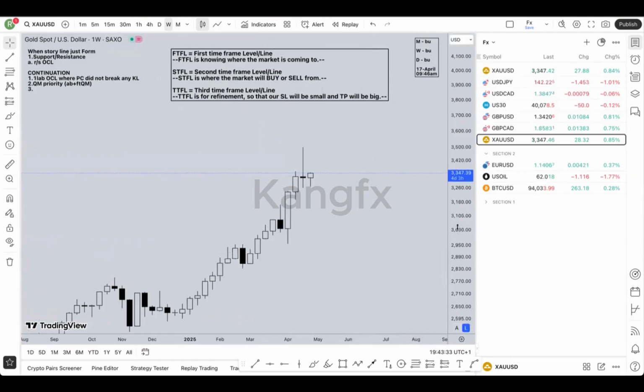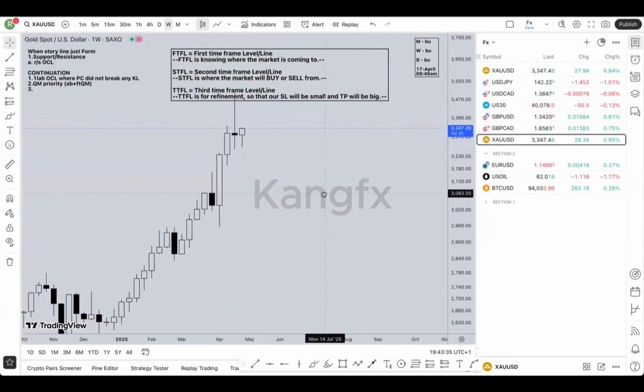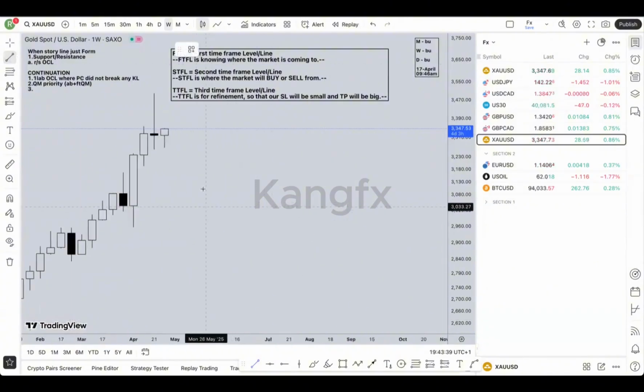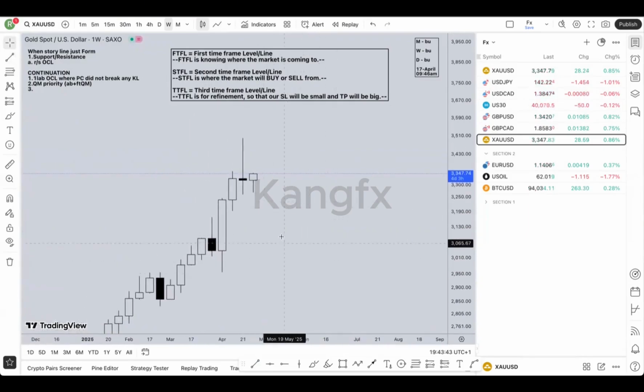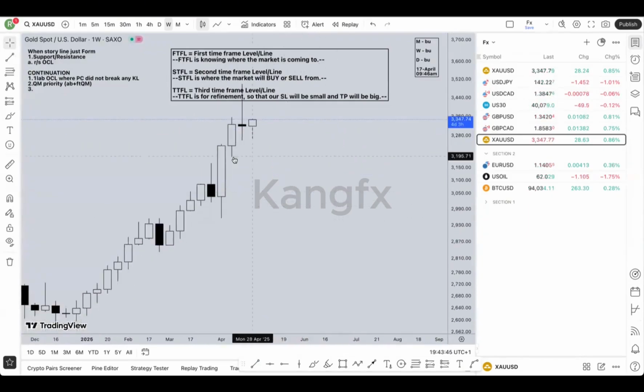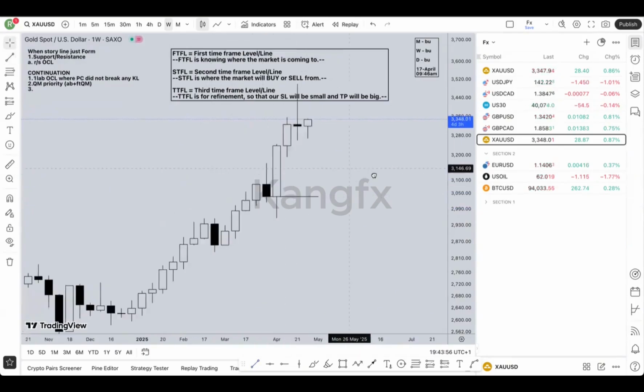When using STFL, after marking our first FTFL, I'll take here as our first FTFL, saying that we have a bullish storyline. Here, the market is bullish, so we're expecting the market to come to this support. Since the market is bullish, always expect the market to come to support or QM. So if I mark out this support here,